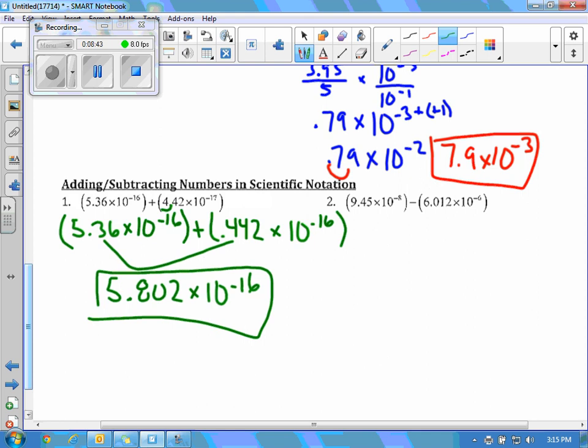You guys try number 2. Same thing, you have to have the same exponent, you're just subtracting now instead of